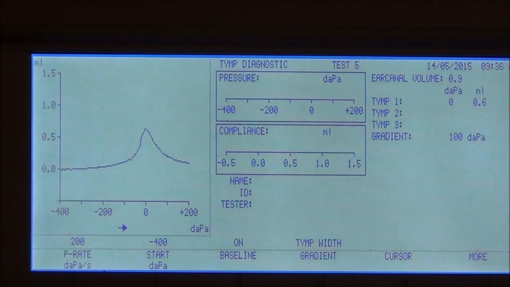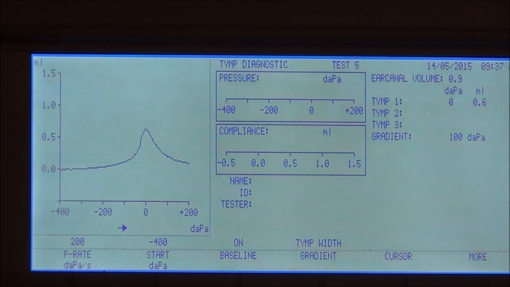Where is the maximum admittance here? 0.6. The instrument uses a technique called peak picking, right? Peak picking means wherever there is a peak, it considers that as static compliance, or the highest positive value or highest compliance. Okay, so it is assumed that at peak pressure is the highest